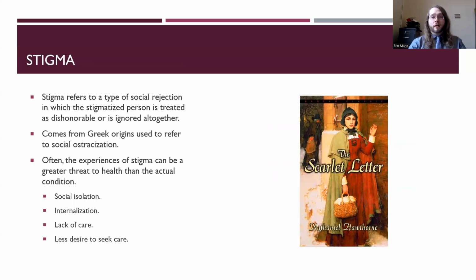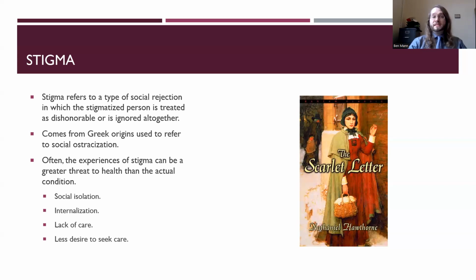One area that I focus a lot on is the role of stigma. If you have ever read Nathaniel Hawthorne's The Scarlet Letter, the premise of that book is that we have our main character who has committed adultery and has to wear a large letter A on her dress wherever she goes. This is an example of a stigma, right? A symbol that's used to recognize somebody as being rejected, socially outcast, and therefore less deserving of support. So stigma as a social rejection and sort of a disrespecting of the individual comes from a Greek origin. And stigma is a major factor in terms of receiving care and support.